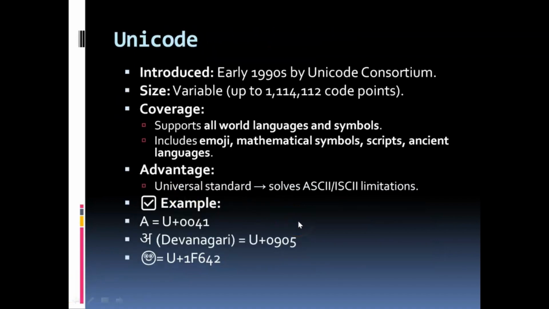Next is Unicode. It supports all the world languages and symbols, and usually emojis, mathematical symbols, scripts, and other things are included in Unicode. The limitations of ASCII and ISCII are solved by Unicode. For uppercase letter A, you use a Unicode code and then add another value. So its code is different. When you see a smiley, its code is something else. For A in Devanagari it is something else. Like this,